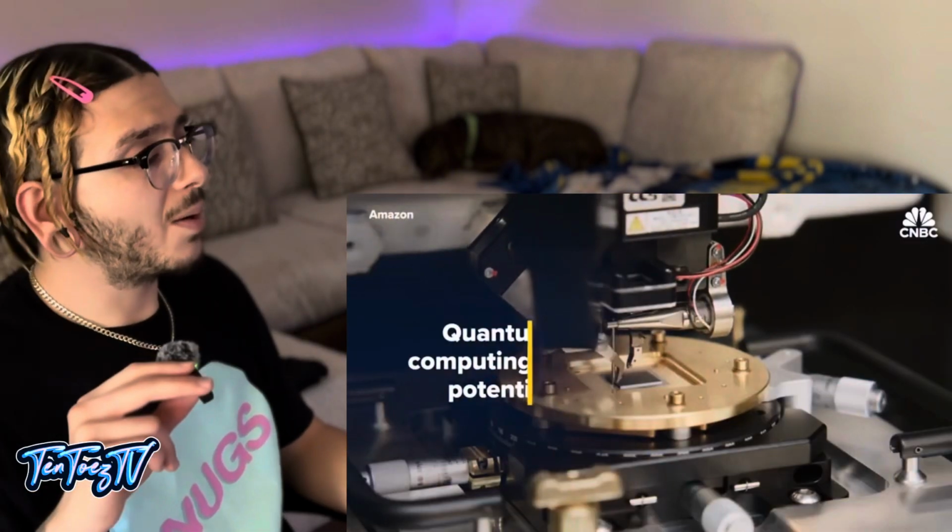Has been around since the 1980s when physicists first suggested that quantum mechanics could be used for computation. By taking advantage of...